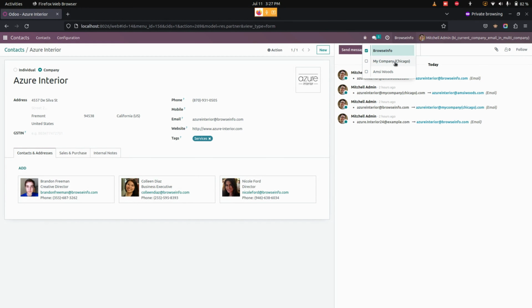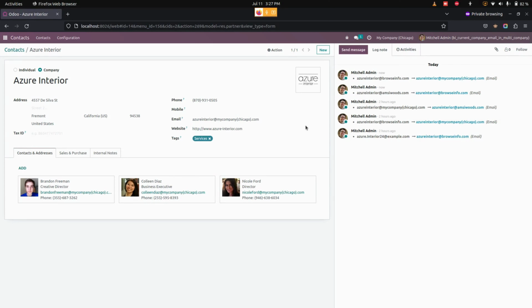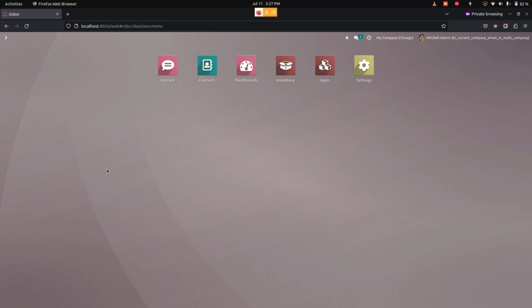Now let's change this to my company Chicago. Now you can see it will automatically change the email ID based on the company that we have selected. In this way, we can make use of this module to get a mail as per the current selected company